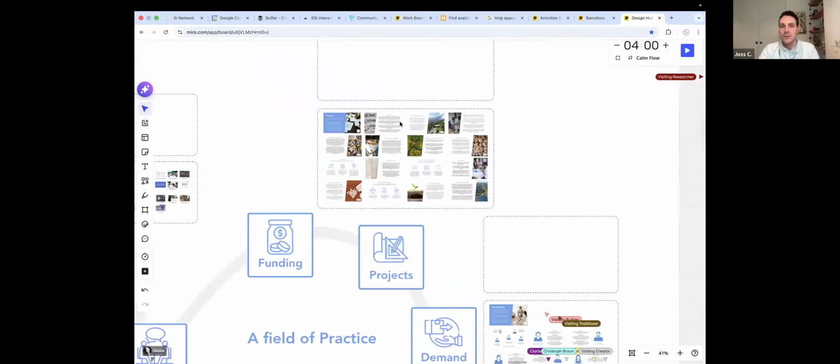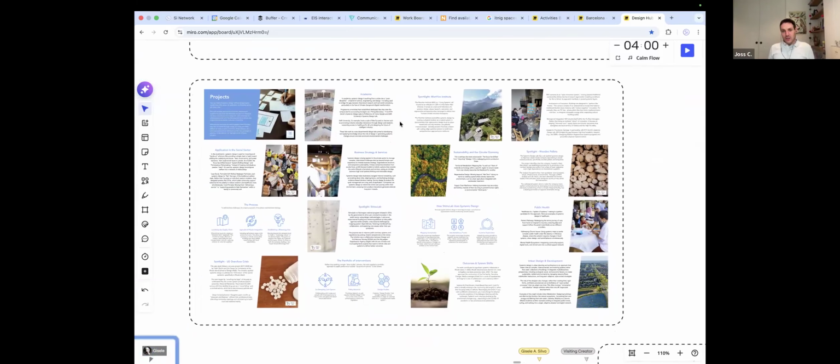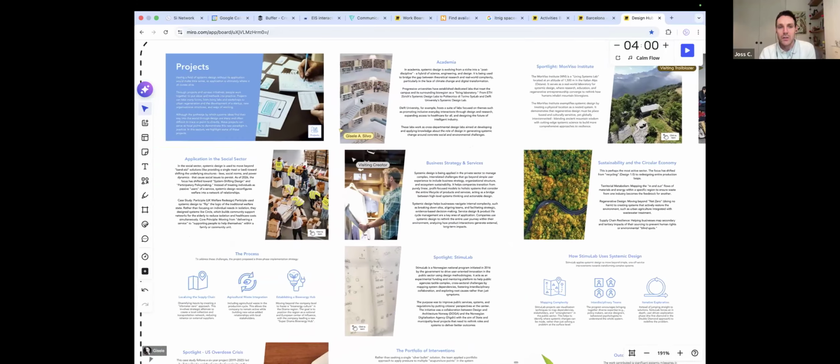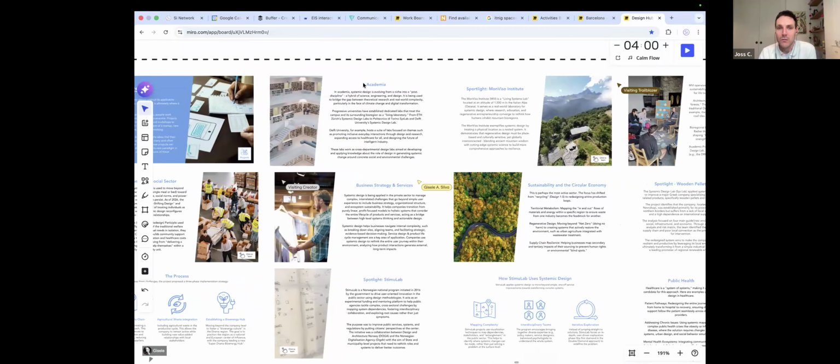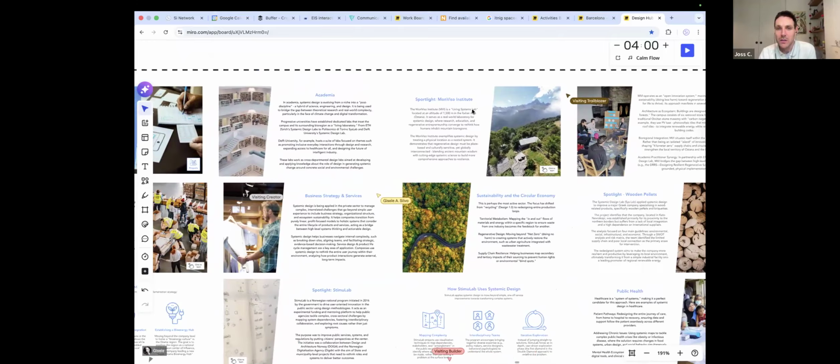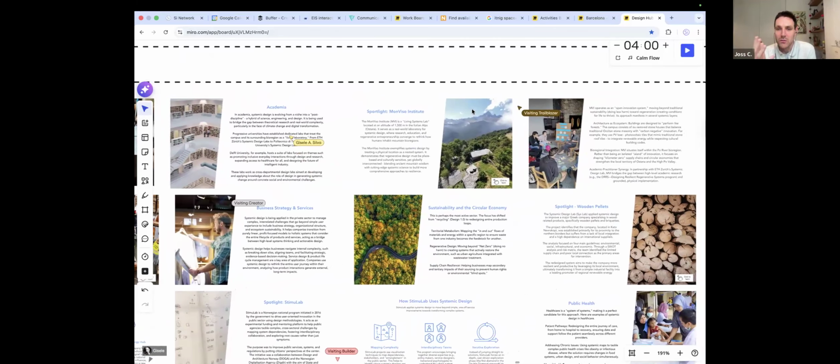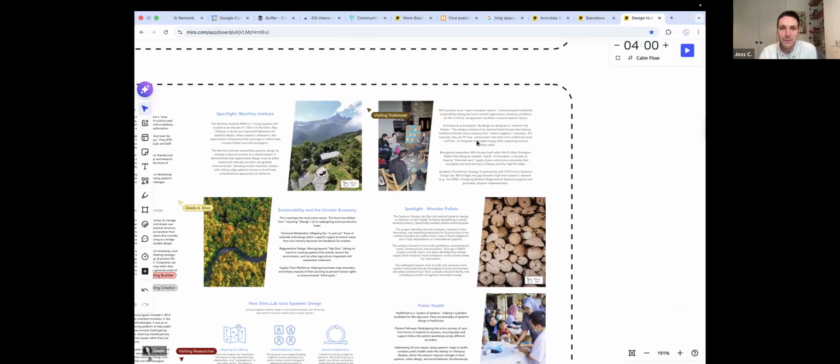Finally, we spotlight interesting initiatives. And there's about 5 or so of these in the guide. So many little case studies, everything from healthcare to academia. We first look at Monviso Institute, I was talking about there from the Systemic Design Lab at ETH Zurich. Really interesting case study up in